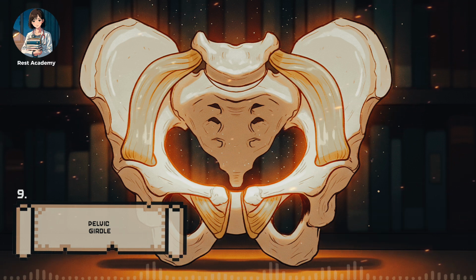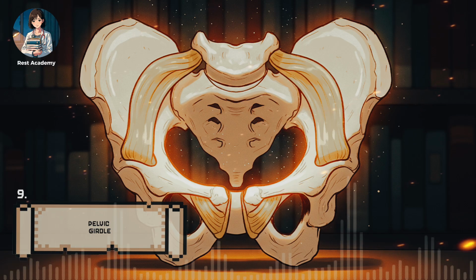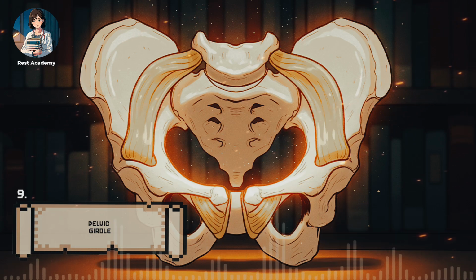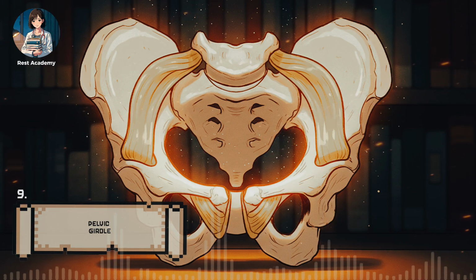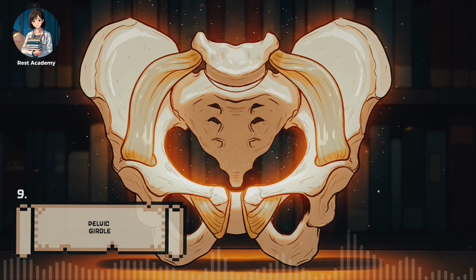The pudendal nerve, S2-S4, the main somatic nerve of the perineum, exits via the greater sciatic foramen, hooks around the ischial spine, and re-enters through the lesser sciatic foramen to travel in the pudendal canal along the obturator internus fascia